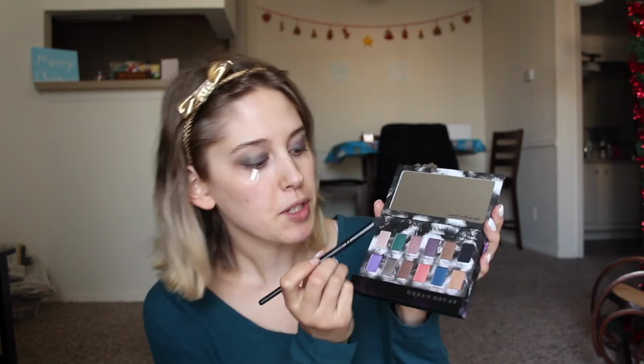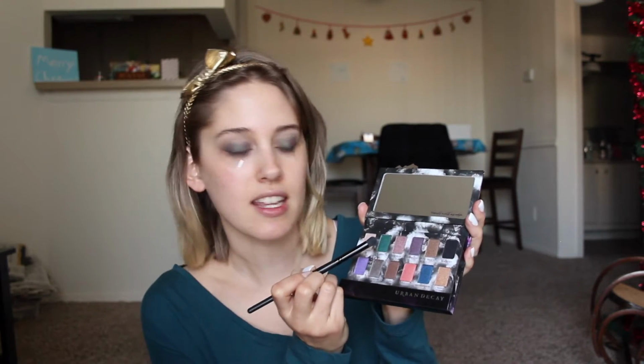So what I'm going to do is actually go in with my contour brush. I'm going to go in this green color. I don't know if you can see it. It's called Indo, I-N-D-O, and I'm just going to take a little bit of that and pop it on the middle part of my lid just to see what it ends up looking like. And it's definitely more vibrant than the duochrome. So I'm just going to put this in the middle of my lid and then pack more of the Secret